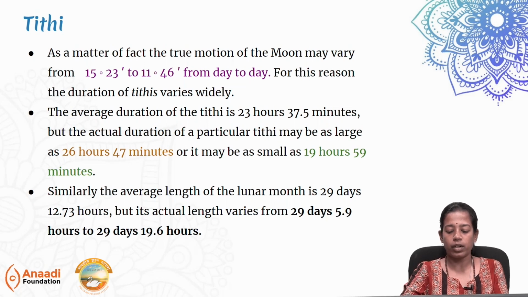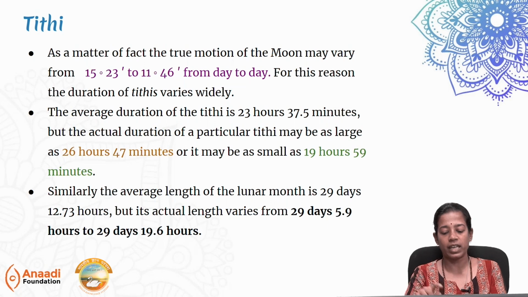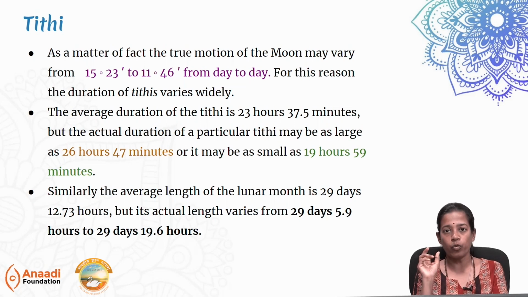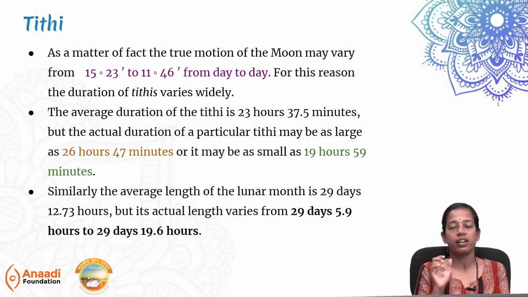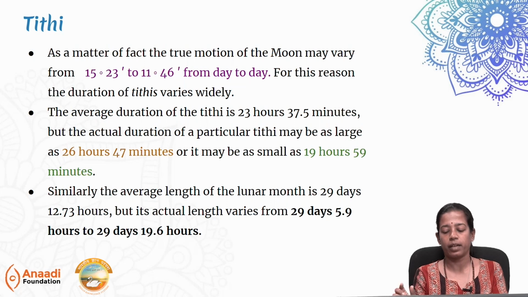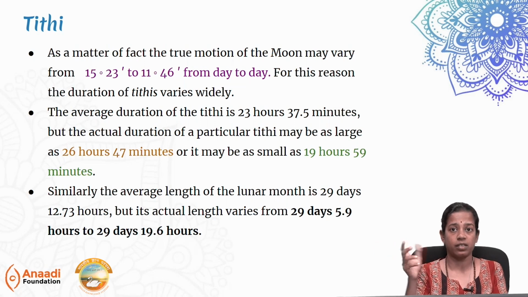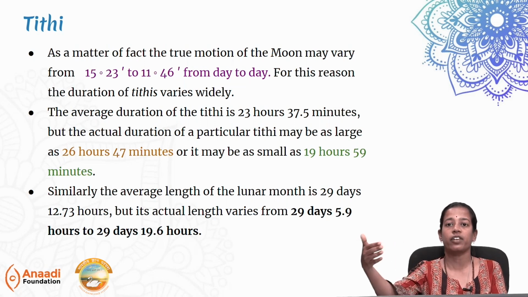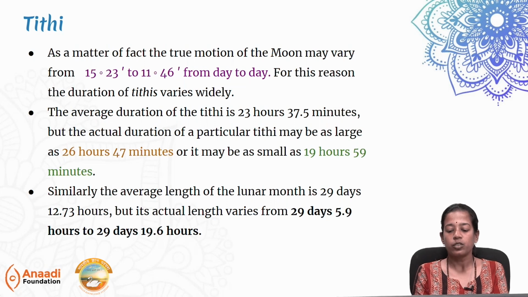Similar thing happens for the Moon as well. When the Moon is very close to the Earth, the transit will be faster. So, Tithi will move very fast. But if it is a little far, it will move a little slowly. It will be spaced out. When the transit is faster, what happens? It will complete a lot of angular distance in very less time. So, it can complete up to 15 degrees 23 minutes in a matter of a day.